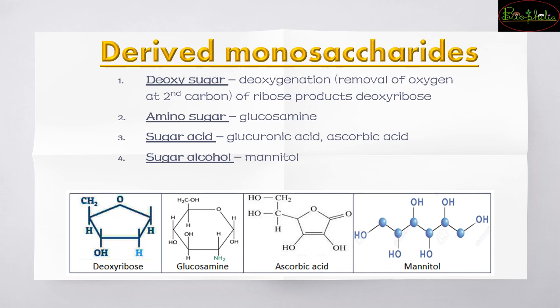So next is derived monosaccharides. Derived monosaccharides क्या होते हैं? जो monosaccharides हमने अभी देखे, 5 कार्बन का राइबोज और 6 कार्बन का, we had seen the glucose, galactose and fructose. So इसमें कुछ छोटा सा modification कर दो, so that will lead you to formation of derived monosaccharides. For example, deoxy sugar. अभी 5 कार्बन शुगर थी हमारे पास राइबोज. अब राइबोज में से if you try to remove 1 oxygen atom, so what will you get? You will get